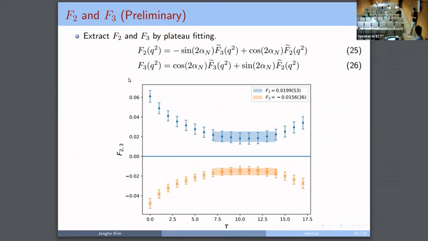I wouldn't do that. To go to an even larger source separation, you will have lots of noise. Rather than doing short source separation and trying to extrapolate, I do it directly with a very large one. The lattice spacing is 0.065. We already choose the source separation in physical units, 1.1 and 1.3. That's reasonable. But what I mean is, for such a form factor,